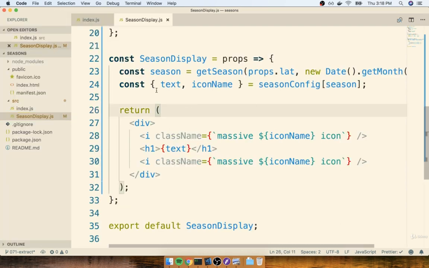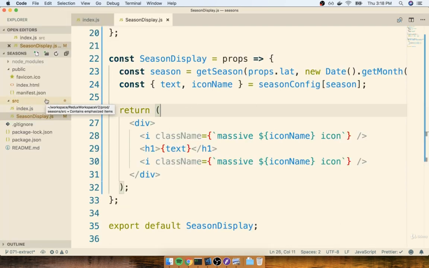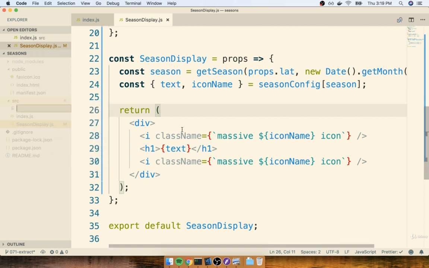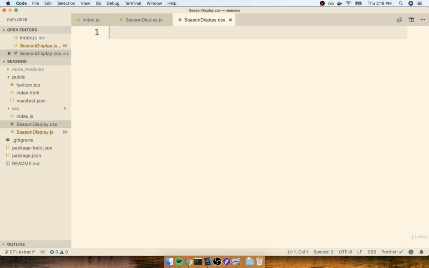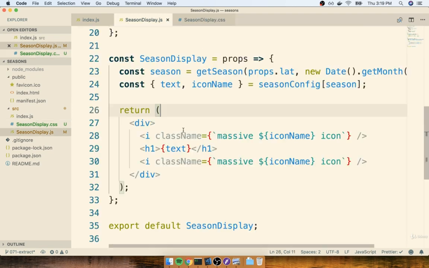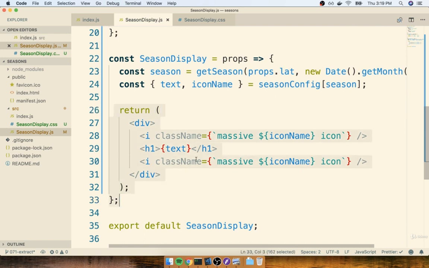All right, so I'm going to find my src directory, and inside of here, I'm going to create a new CSS file. I'm going to give it a name of seasondisplay.css. That's going to indicate to anyone else looking at my project that the CSS or the styling inside this file is meant to only modify the component SeasonDisplay. Then inside of here, I can write all the different CSS that I want. Let's first add a couple more class names to some of the different elements over here,